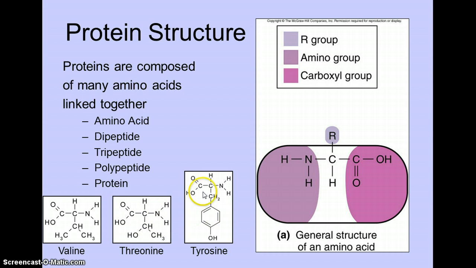This is tyrosine, so again, that same basic structure that we see with all amino acids, but here's the R group for tyrosine, and you can see that it's quite a complicated molecule that's actually attached there in the place of the R group. Again, these are just visual examples of 3 of the 20 amino acids that the body strings together to make proteins. The other 17 have the same basic structure with only R groups that make them different from each other.